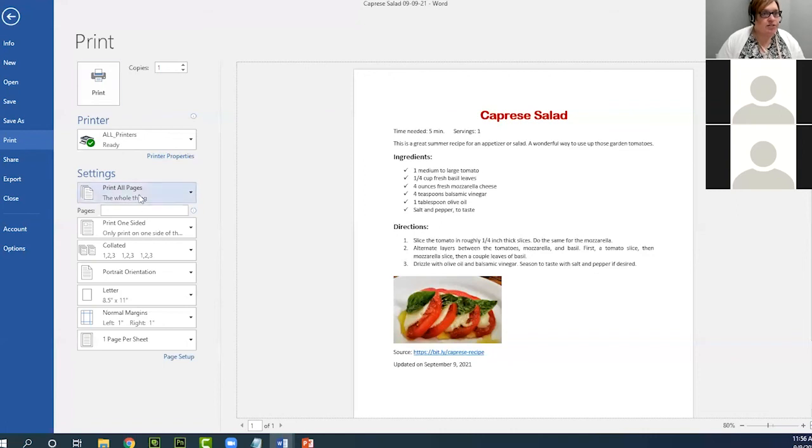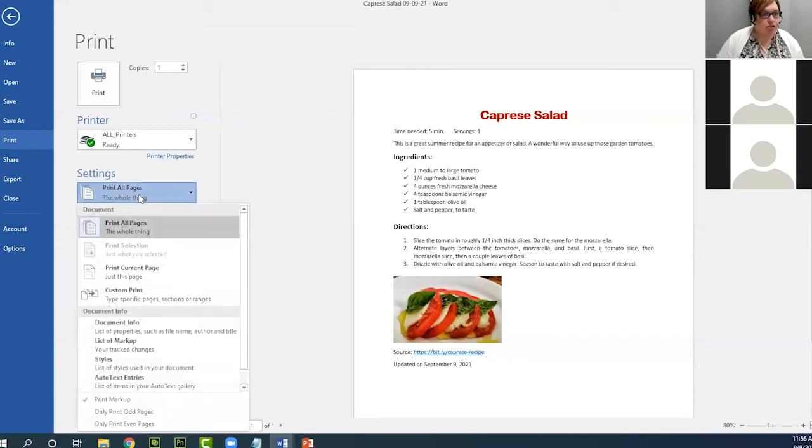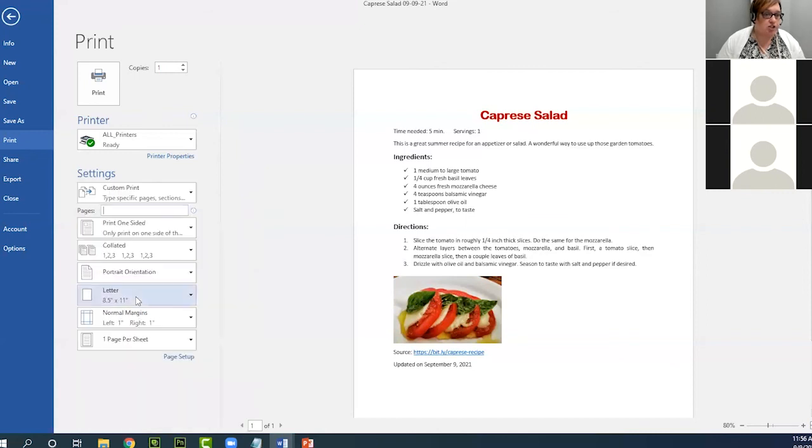Okay, so when you're printing, you also have several options. You can print just a certain page. We only have one page in this example, but let's say you're trying to print your resume and you only want to print the first page, or you're printing an article from the internet and you only want to print a certain page. You can print the whole thing or a certain page, or do a custom print where you just have it print